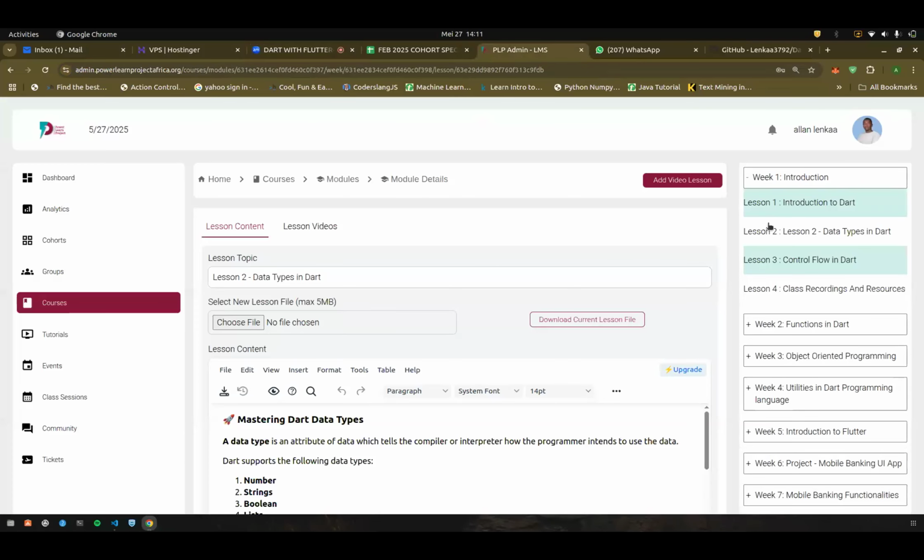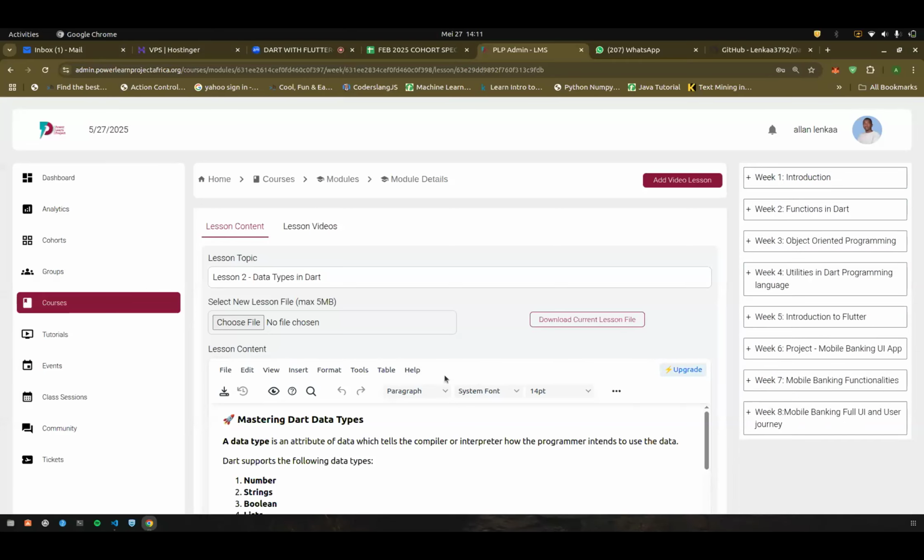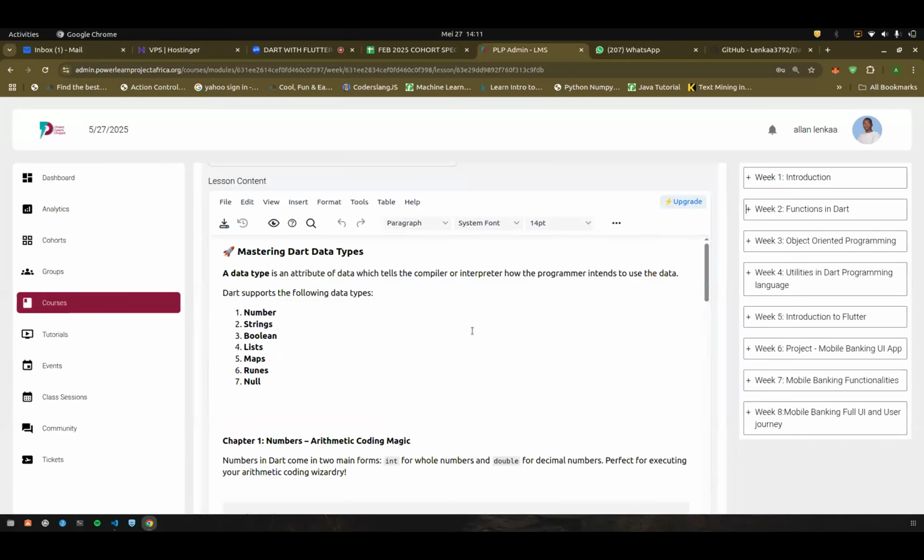Okay, so in week 1, we have introduction to Dart. Lesson 2 is data types in Dart. Then lesson 3 is control flow. So we are in data types. So what's a data type? A data type is an attribute of data which tells the compiler or interpreter how the programmer intends to use